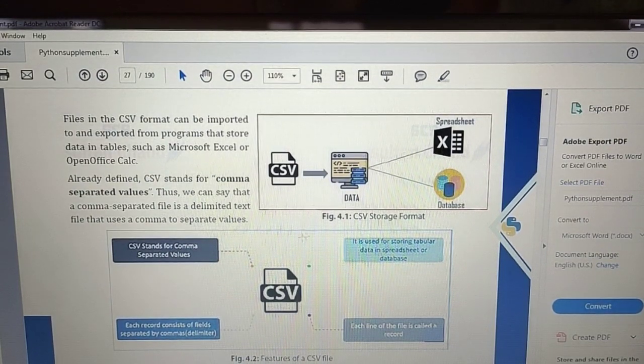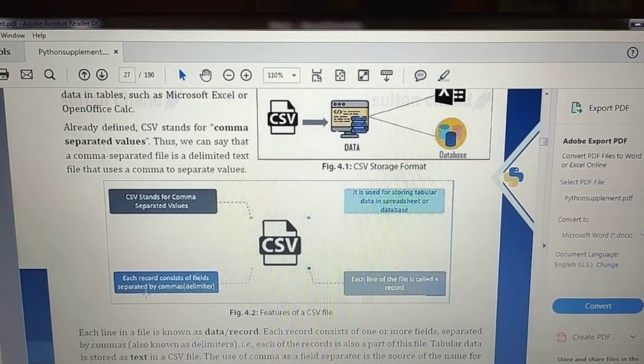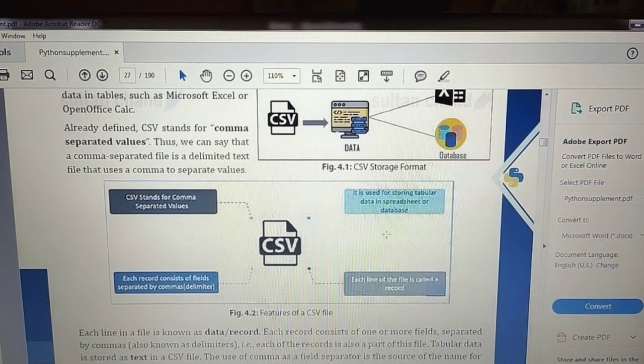So this is a different format of storing data in place of Excel or databases. Okay, CSV stands for comma separated value. Each record consists of fields separated by commas. It is used for storing tabular data in a spreadsheet or database. Each line of the file is called a record. These are the features of a CSV file. Okay.